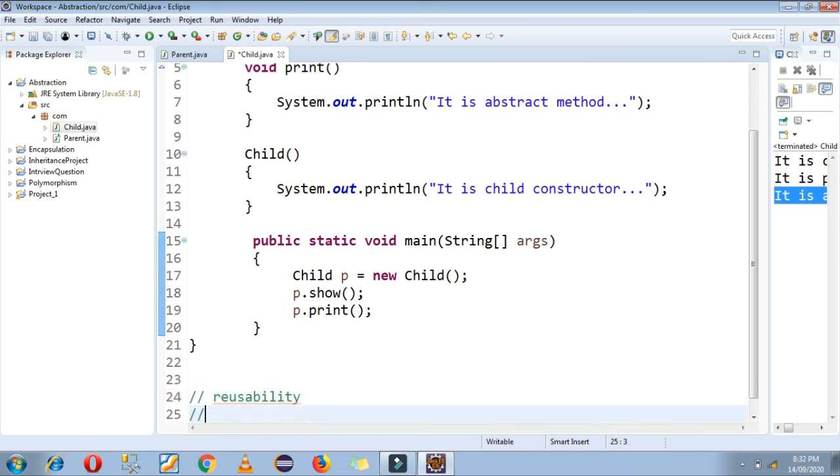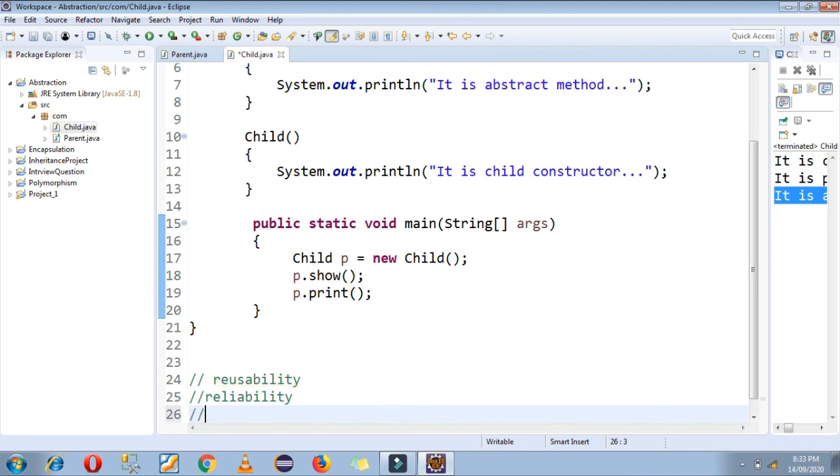You can achieve readability also. Your code becomes reliable to access any part of the statements. Then security is another feature. You can check here.